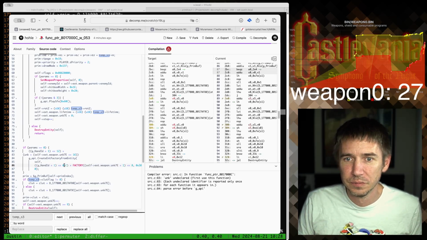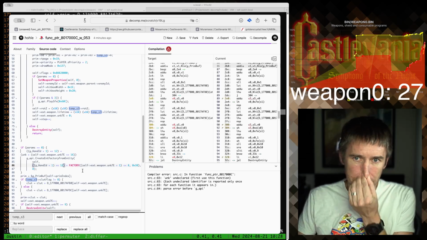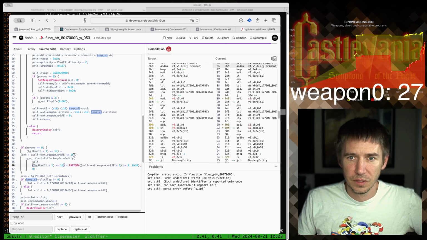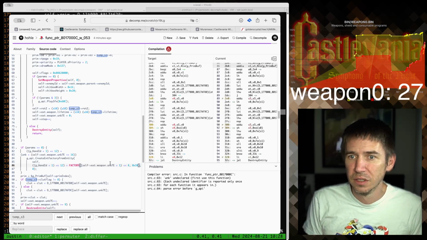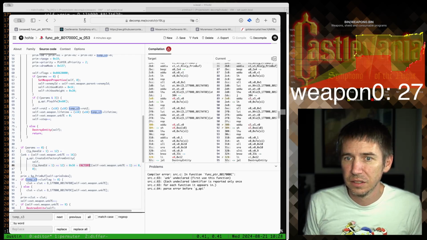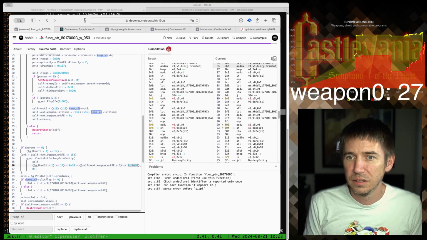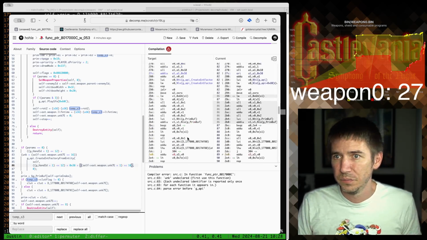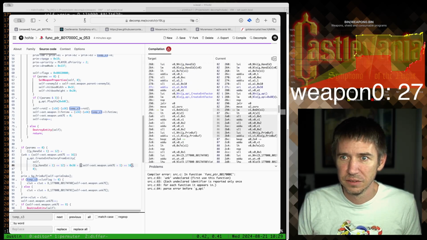All right, so we'll get this as close as possible. So here, the factory macro would have shifted this first value by 8, and so we're going to shift it by 16. And we'll put our constant here. Look at that. Oh no, we're still not right. Oh, because we